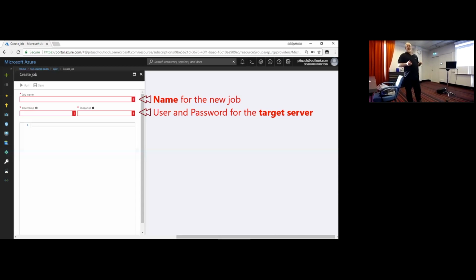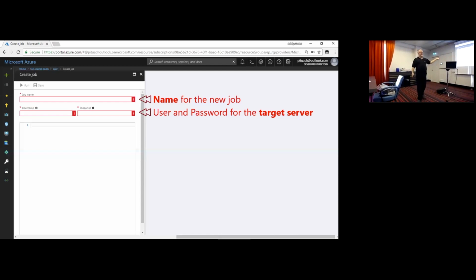It says in the presentation, so you only need to read what it says there. But you need to think that I give you hints all the time. So check the presentation, the answers are there. Yes, this is the answer, you are right. This is username and password for the target server.